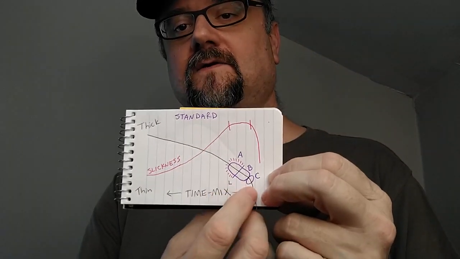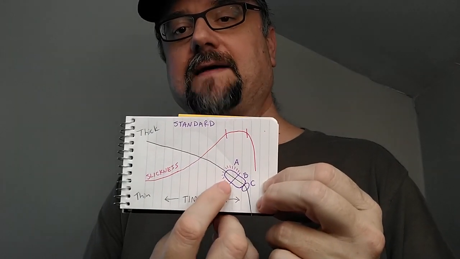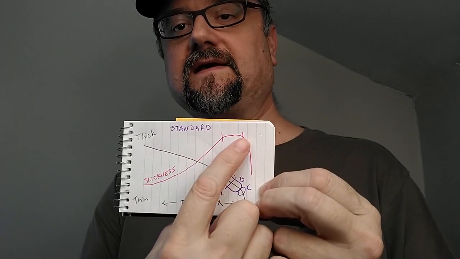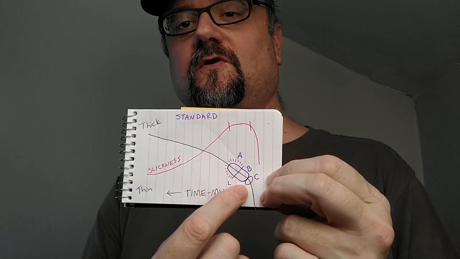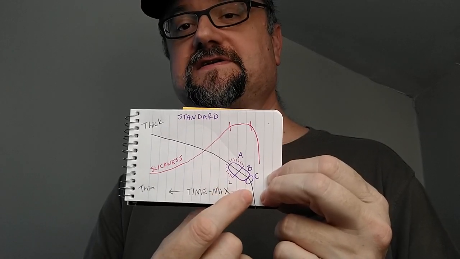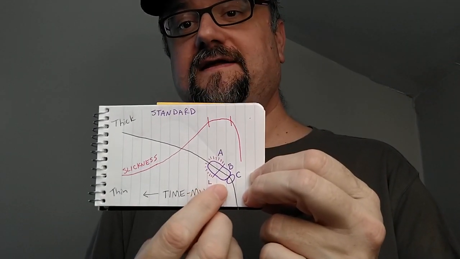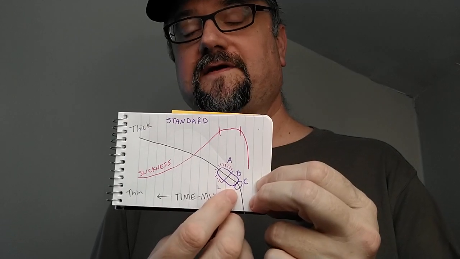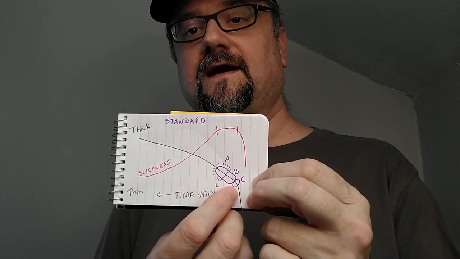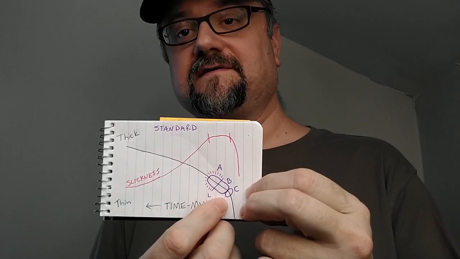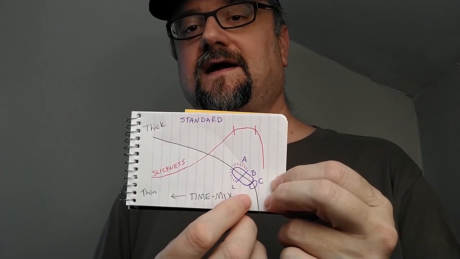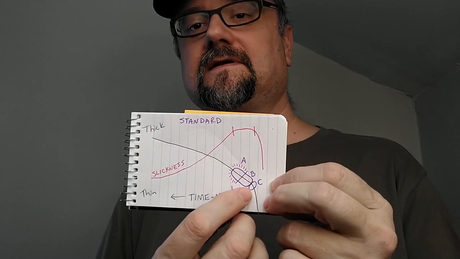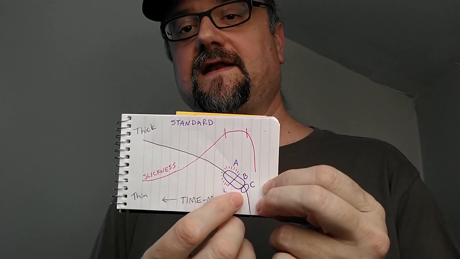Now, what's this little C bubble over here? Well, that's what happens if you go a little bit outside the peak. You're starting to drop, and this zone over here is when your razor is going to start to skip a little bit and stutter across your face, because you're starting to get almost too wet. Now, the good news is I've had tons of shaves where I'm in that C zone and I still get a great shave. It's just not quite at the peak. It's still very good in terms of slickness, but you're not in the peak anymore, but you're still in a pretty good place.